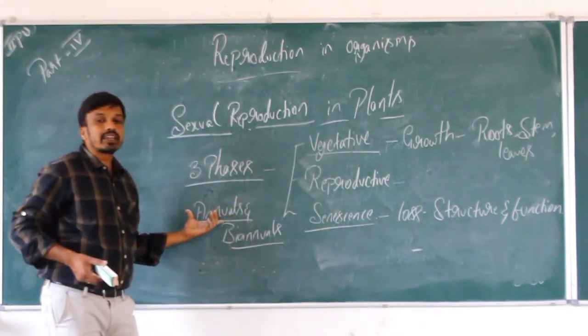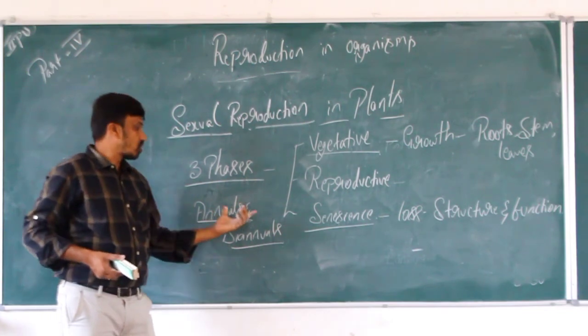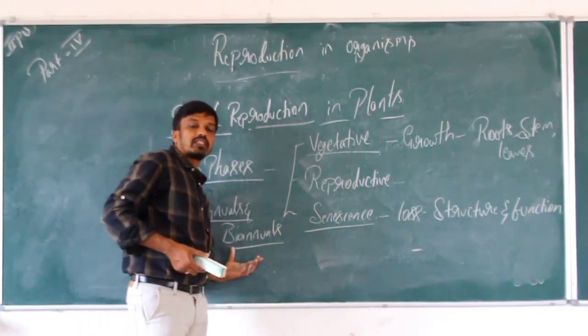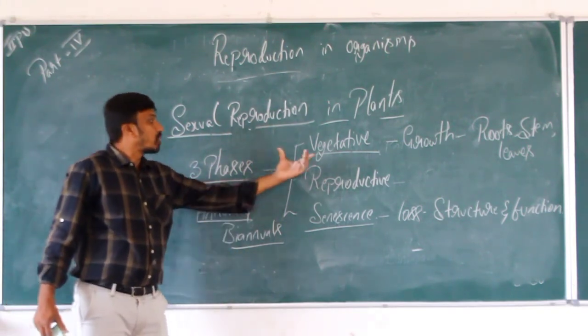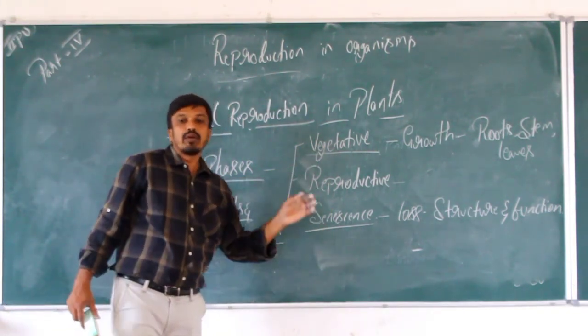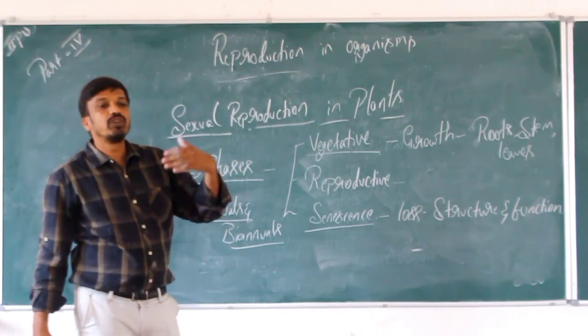So annuals, they complete the life cycle in one season. Biennials, they complete the life cycle in two seasons. In annuals and biennials we are going to see the three phases, but in perennial plants we are not going to see